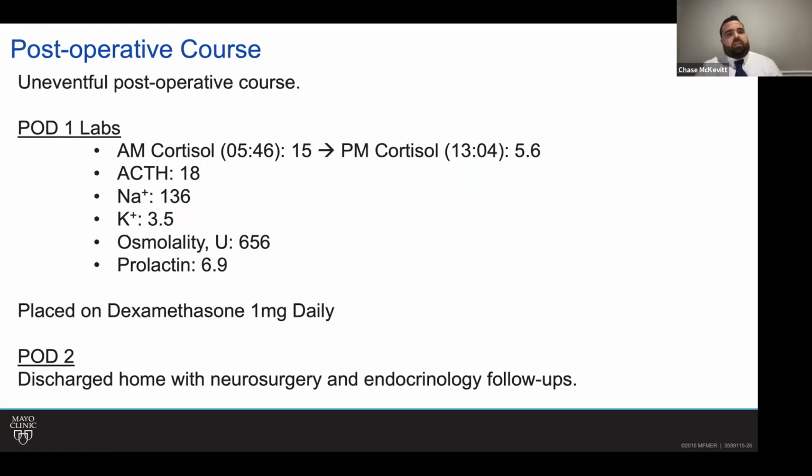Okay. This is our postoperative course, day 1. Dr. Barsakova, do you want to comment on her immediate endocrine labs following surgery? Yeah, basically we see how her ACTH dropped, which is suggestive of a pretty good response after surgery, as well as her cortisol really dropped, to 5.6 in the afternoon. We did see her prolactin also kind of improved at that point, but we started the patient on dexamethasone 1 milligram daily, because we do know